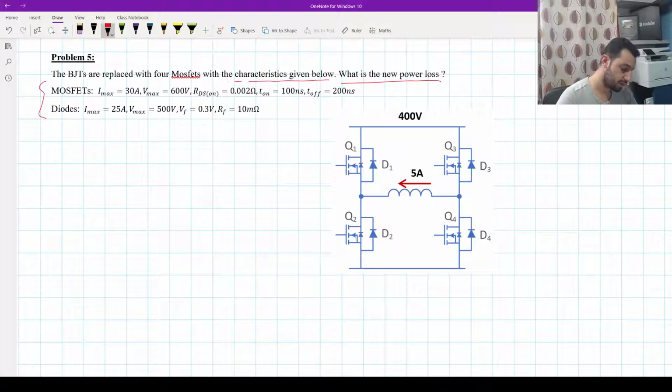Again, I think we have the same delta from the previous question, which was 0.3, so 1 minus delta will be 0.7. We want to know which will be conducting during delta and which during 1 minus delta. Again, we have Q1, and Q4 will be conducting first, because the current is going in that direction. That means it should go through the diode or through the transistor. And because here the transistor can accept reverse flow, I think it will go through the transistor